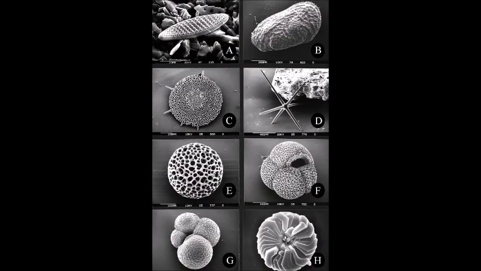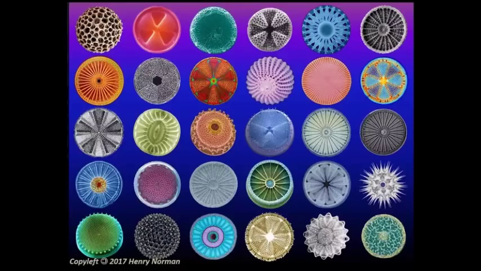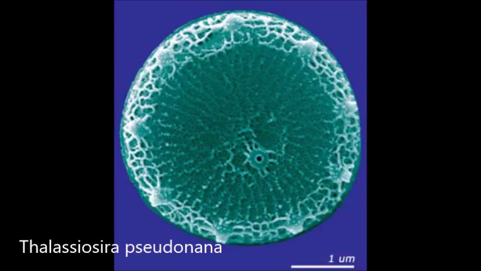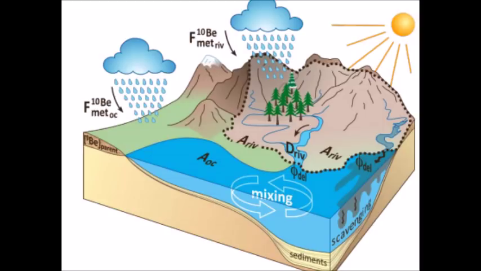Part of the reason is that they make calcium carbonate shells, which record much about the ancient Earth. For example, diatom biodiversity is negatively correlated with higher ocean temperatures. Also, the morphology of diatoms can be affected by temperature, as seen in Thalassiosira pseudonana. And concentrations of isotopes of lithium in foraminifera shells indicate continental weathering. You see, carbon dioxide is consumed from the atmosphere during continental weathering, while positively charged ions, such as lithium ions, are transported to the ocean. Those ions, depending on the type, can then end up being incorporated into the calcium carbonate shells,